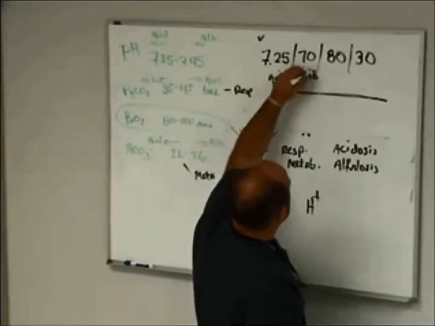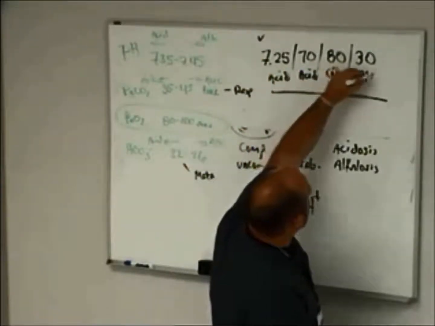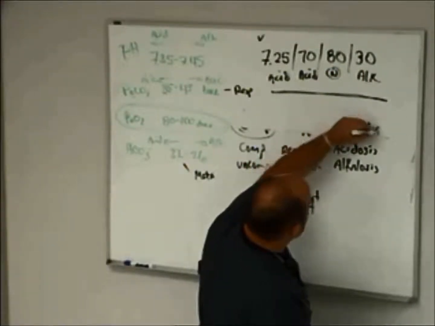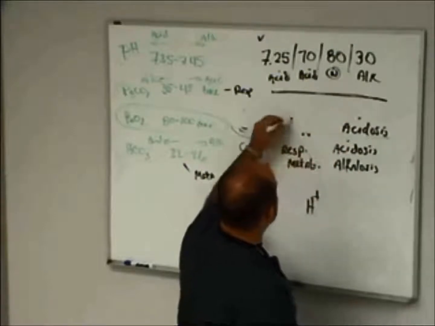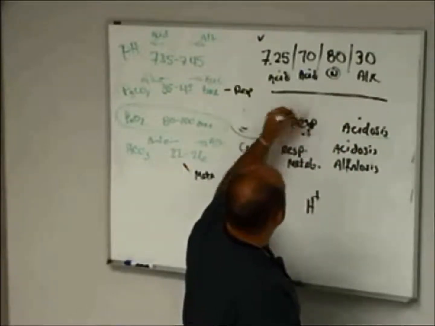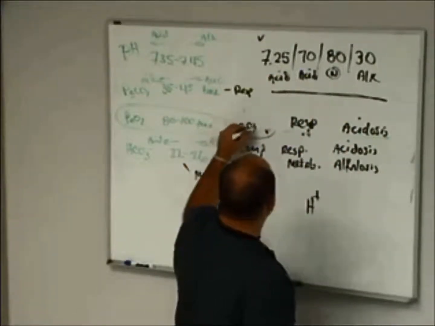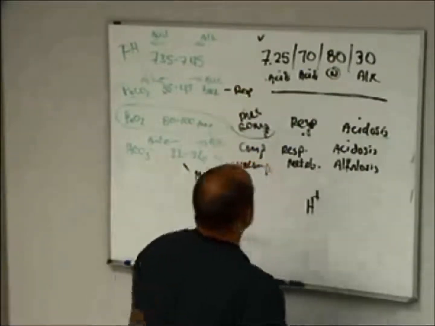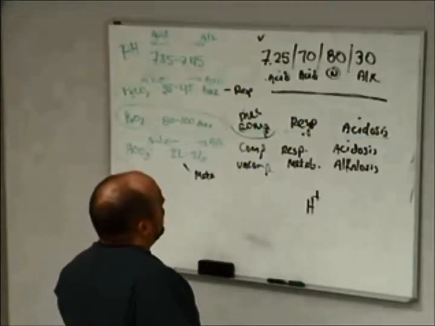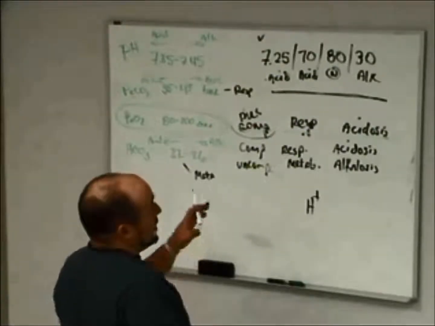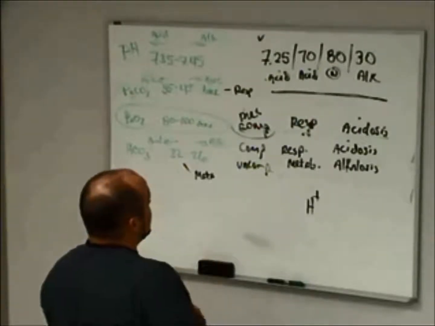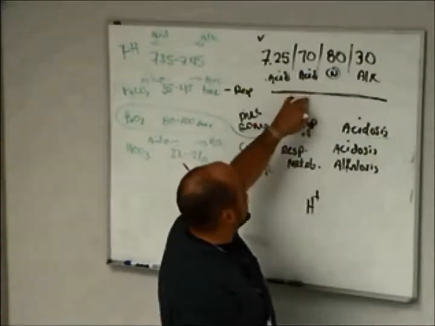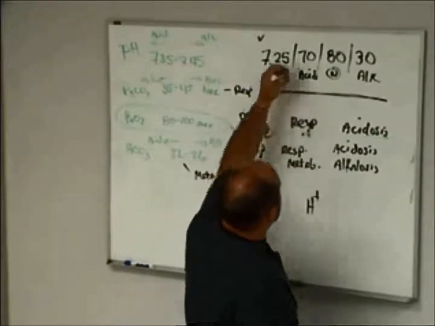This is acid, this is normal, and this is alkalinic. So we're going to say this is an acidosis. It's going to be a respiratory thing because I know this one right here. And we're compensated, but we're going to call this partially because this is out of whack. So, do I call a physician with this one? Yeah, we already said we do. What kind of patient is this? This is a COPD patient that is having an acute exacerbation. So this is going to come back and say